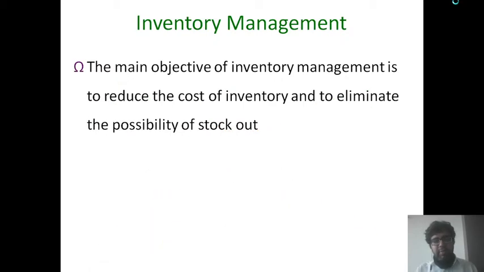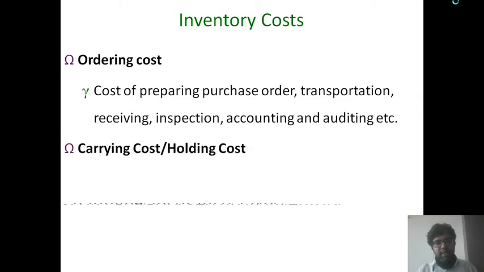So, basically, brushing up the theory, what is the basic objective of holding inventory? Suppose we have two situations. If we have more inventory than required, then what happens? We have to pay more cost for holding that inventory. Now if the situation is opposite, if we have less inventory and the demand is more, then there would be a possibility of stock outs. So to avoid all this, we have to keep appropriate inventory, and that can be known through the inventory management concept. Now we will see different types of cost.